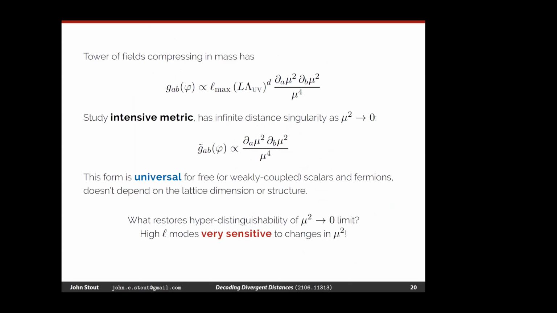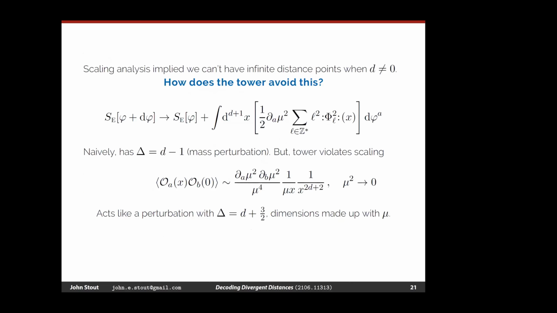I studied this in free theory, but because there's an infinite distance, because there's a singularity, for moderate coupling there might be strong coupling effects that can dramatically change the story. You could have a tower of fields that doesn't give an infinite distance limit, or have things that do get an infinite distance limit but aren't a tower of fields. But at this point, I can't say what else can do that. And so, given this tower, we can actually.